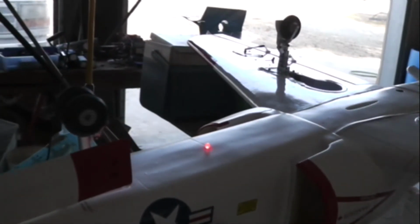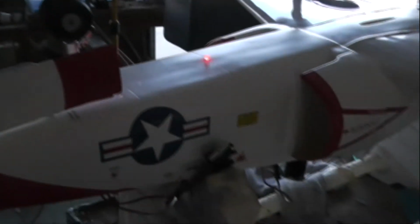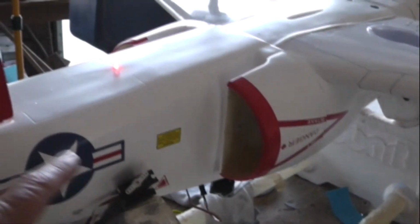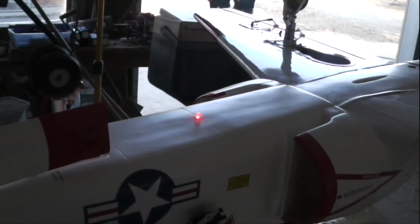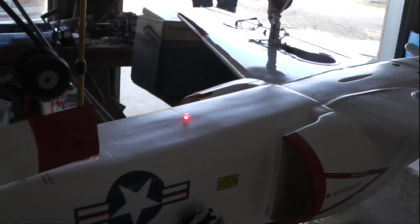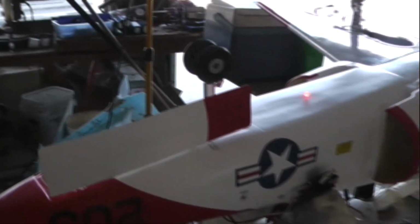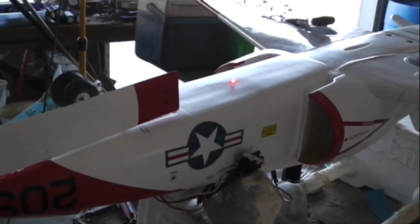I don't want to break this door, but I'm going by trying to connect it at this point, because when I go down, you'll see that the servo mechanism and the landing gear try to close at the same time, which would put this door in the way of the wheels as it went down. But however, it's sequenced correctly opening. See, they're both moving at the same time. That would